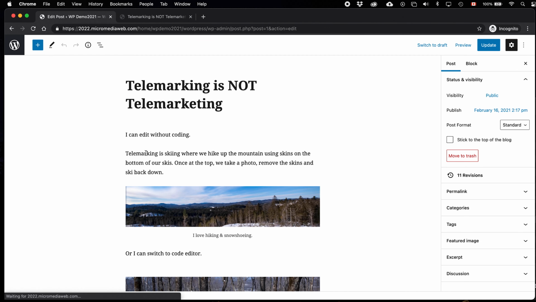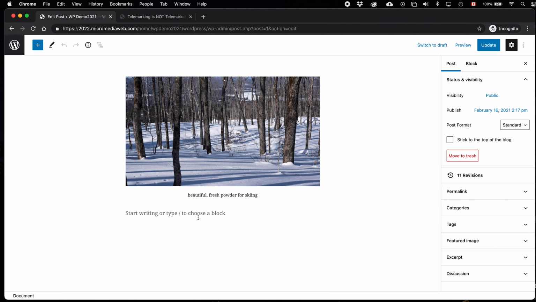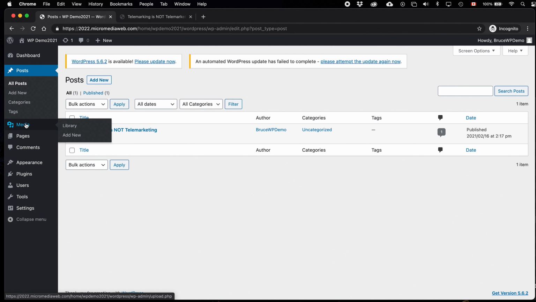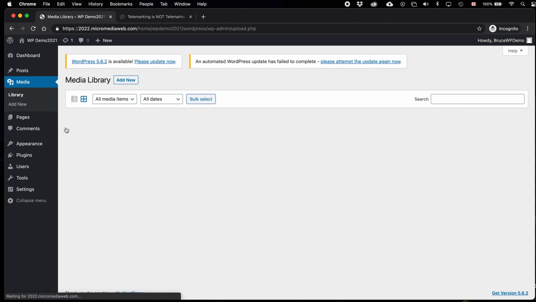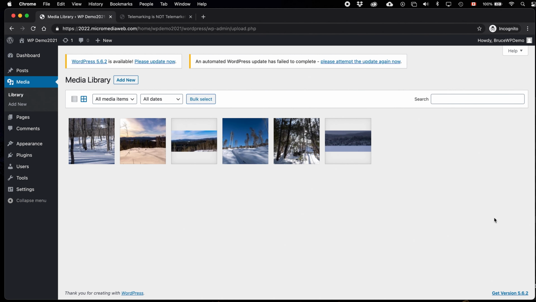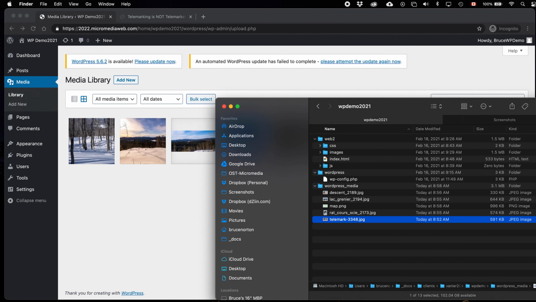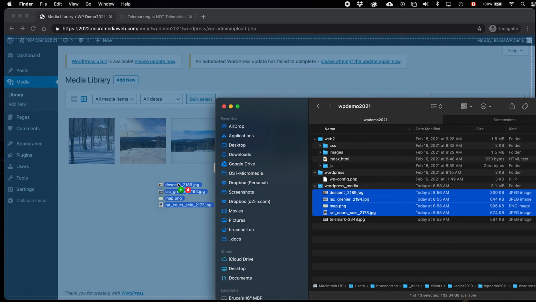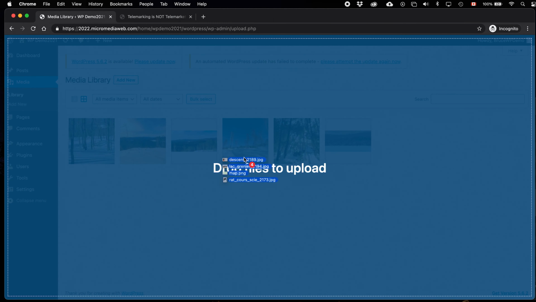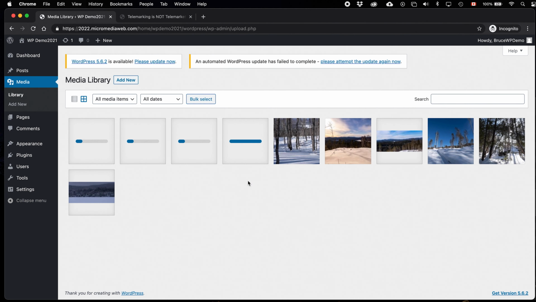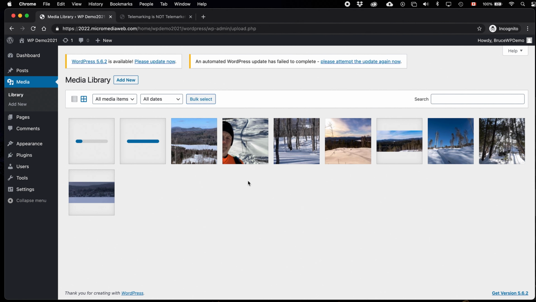So if we go back to editing the post, we can also add images from our media library. So let's go into the media library. And this is handy if you want to add a bunch of images at the same time. You can see I've added a bunch here from before, but I'm going to choose these ones. And I can drag them all into here, and it will upload all 4 files. Boom. And now I can go back to my post